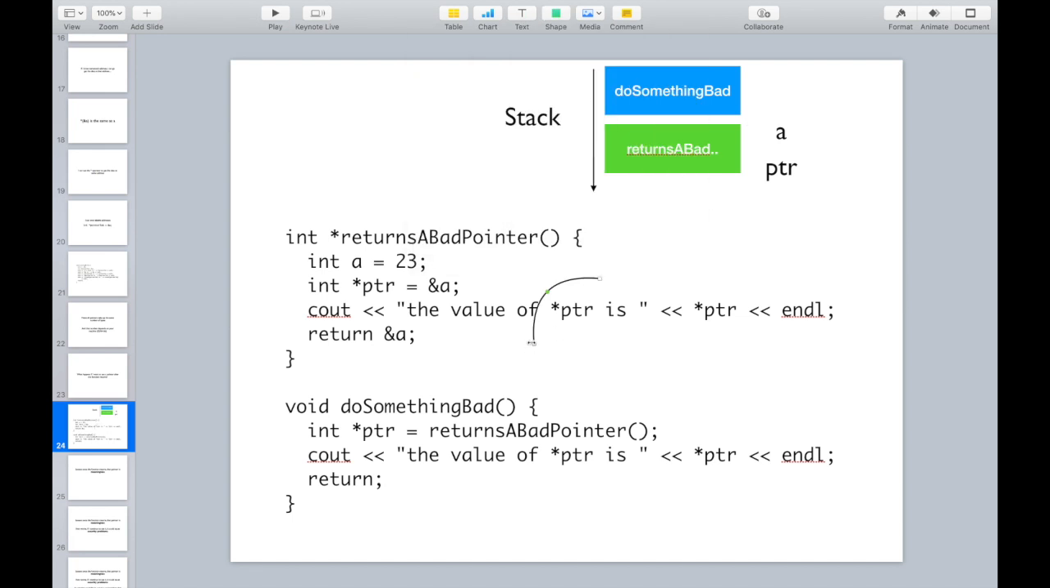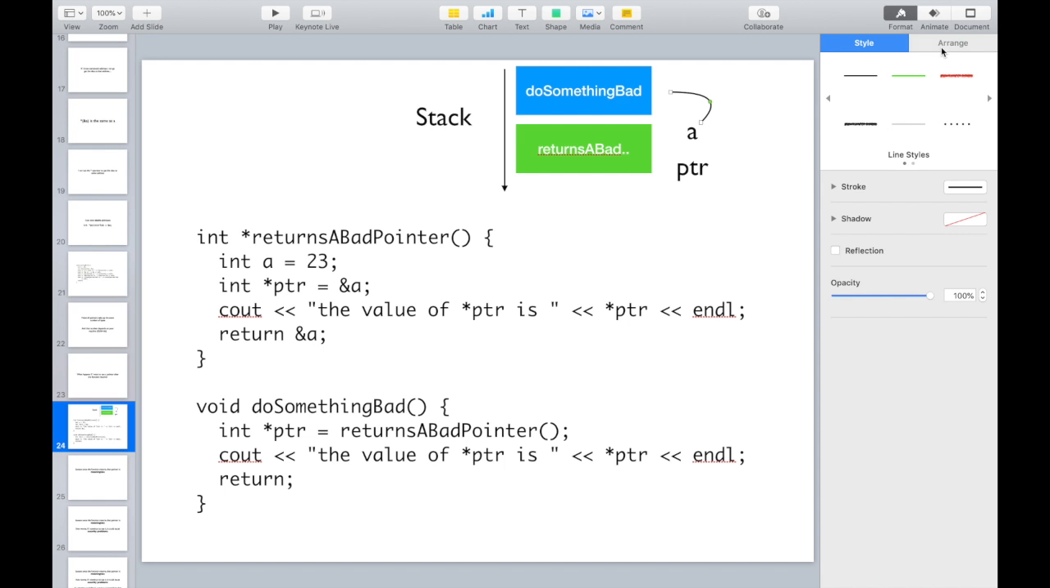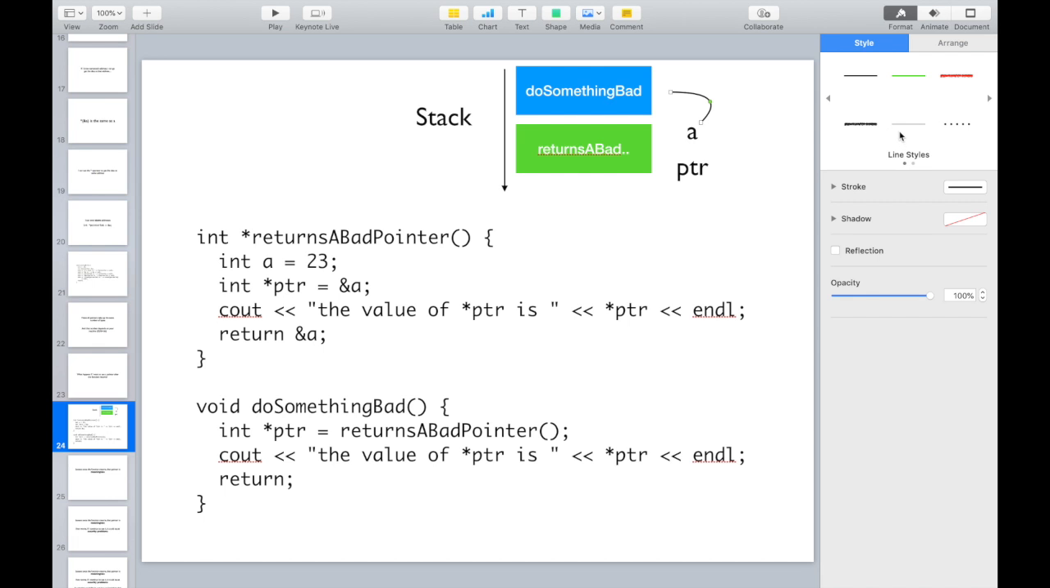Okay, so what happens now when returns a bad pointer returns? Well, this is where the problem is, because when returns a bad pointer returns, its place on the stack basically goes away. And all the data that was previously stored there is now going to be overwritten. It's kind of like when you delete a file on your operating system, it gets marked for deletion. It's not immediately overwritten, but it's sort of unsafe to assume that that data has the same integrity it